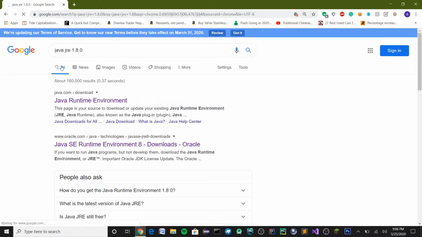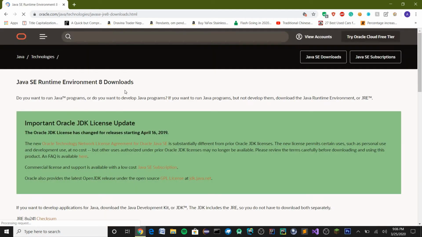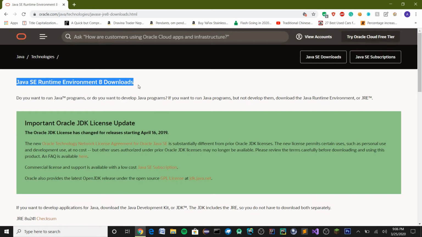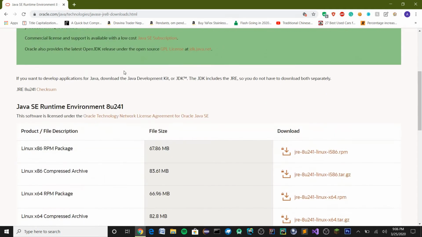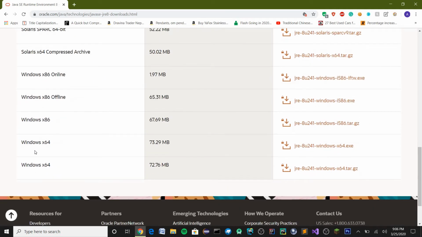1.8.0. So now you see Java SE Runtime Environment 8 downloads Oracle. Click on that. So you should see this over here. Again, this will be in the description. Link in the description. So what you want to do now is